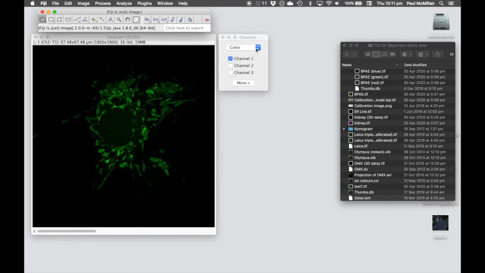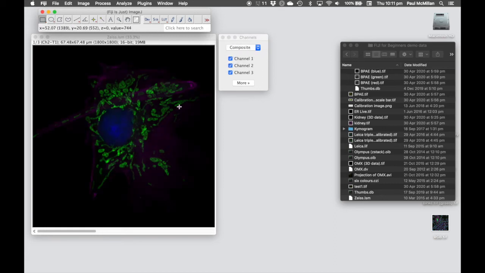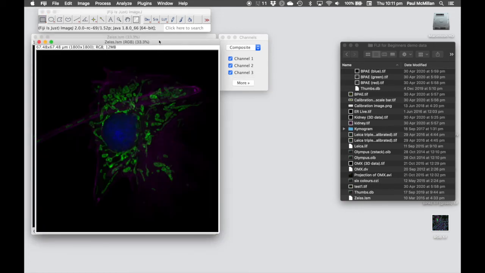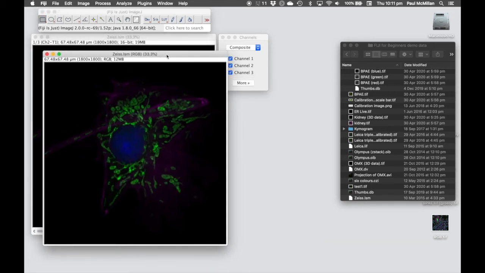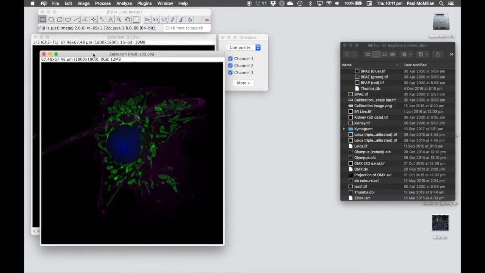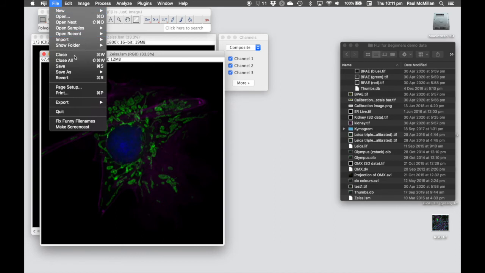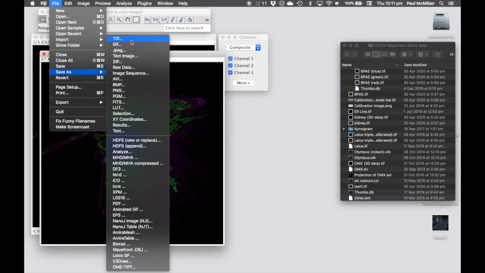Okay. So once we're done with that, we can go into composites. That will show the merge of those. And then we can go in, hit convert to RGB. That's using the lookup tables that we've now defined. Create an RGB image. So again, all we need to do now is go in File, Save As, TIFF to